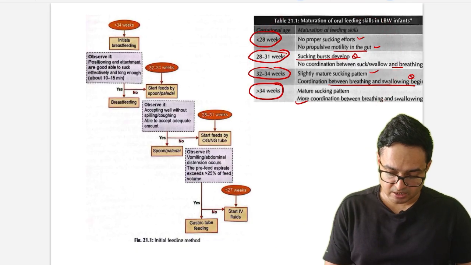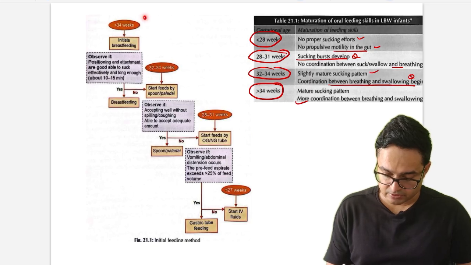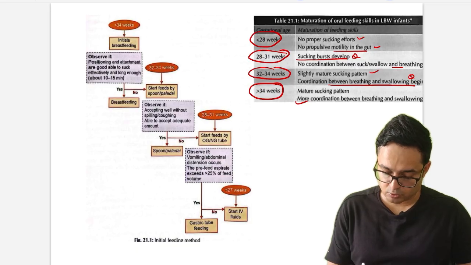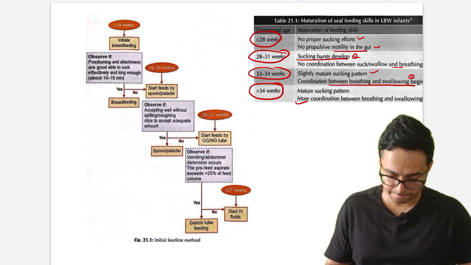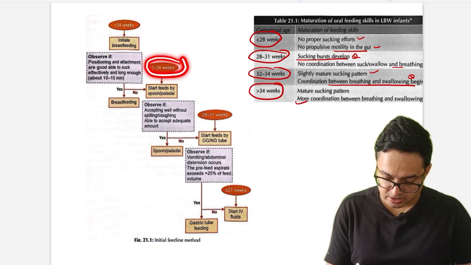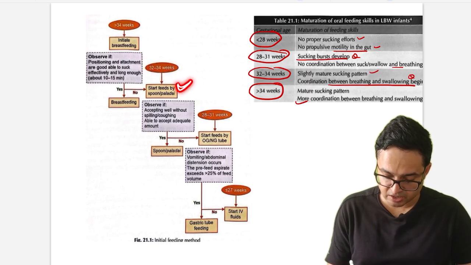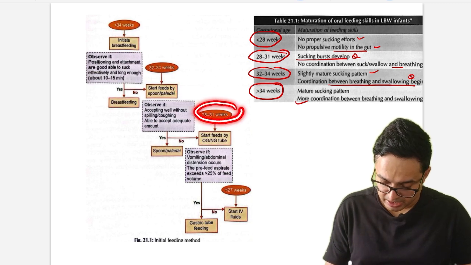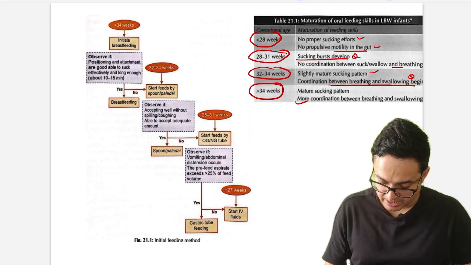What are the feeding methods? If the neonate is more than 34 weeks, just start breastfeeding. Observe with good attachment and long enough feeding, more than 10 to 15 minutes. If the neonate is 32 to 34 weeks, start feeding by spoon, very much important. If the neonate is 28 to 31 weeks, start feeding with OG or NG tube. If the pre-feed aspirate exceeds more than 25% of volume,